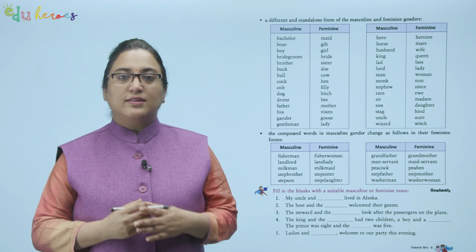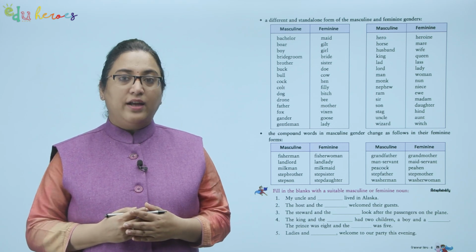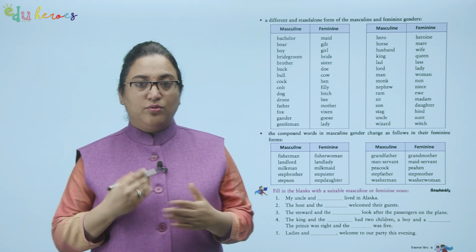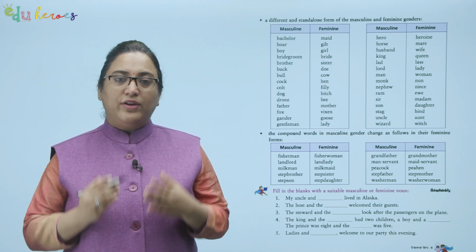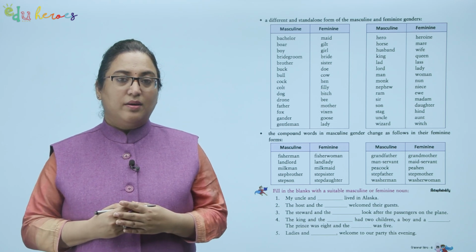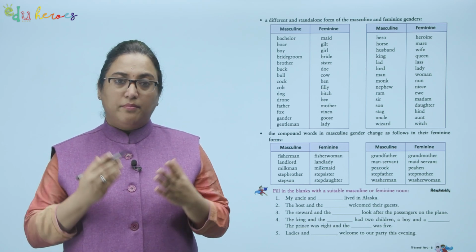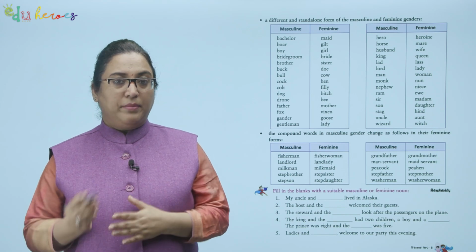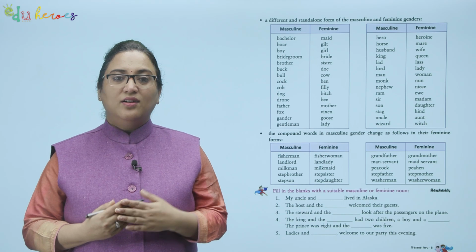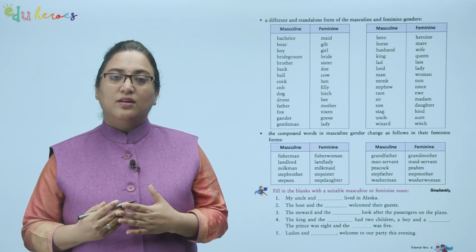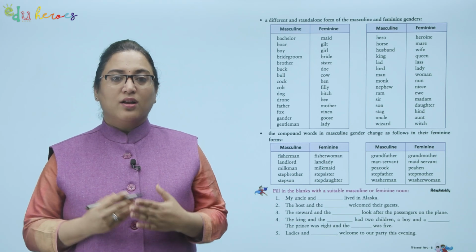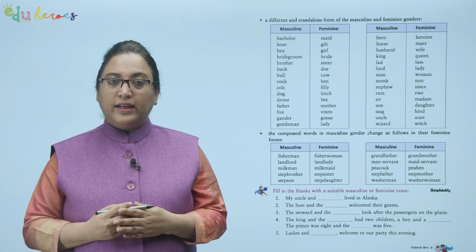A different and standalone form of the masculine and feminine genders. Now this is completely different. Here we don't have a common pattern or we add something. Now have a look at this table. The masculine form bachelor, feminine maid, boar, sow, boy, girl, bridegroom, bride, brother, sister, buck, doe, bull, cow, cock, hen,